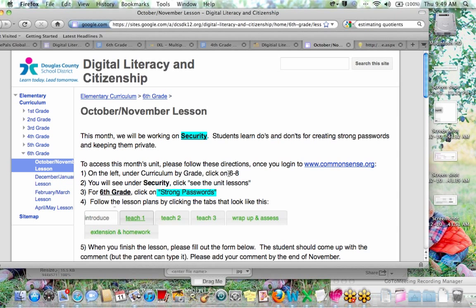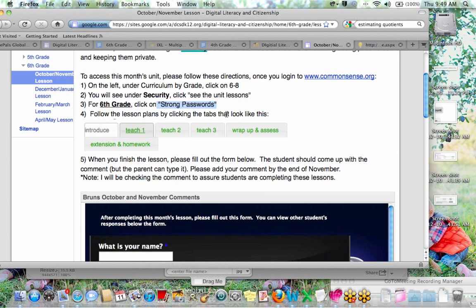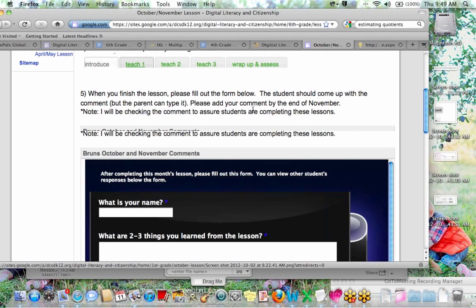You're going to click on grades 6 through 8. You'll click on security because that's your topic. And then this is the name of the lesson. The first lesson that you'll do is called strong passwords. So that's the lesson. And then all you have to do to get credit after you do it's like a video, after you basically watch the video, you'll come down here,